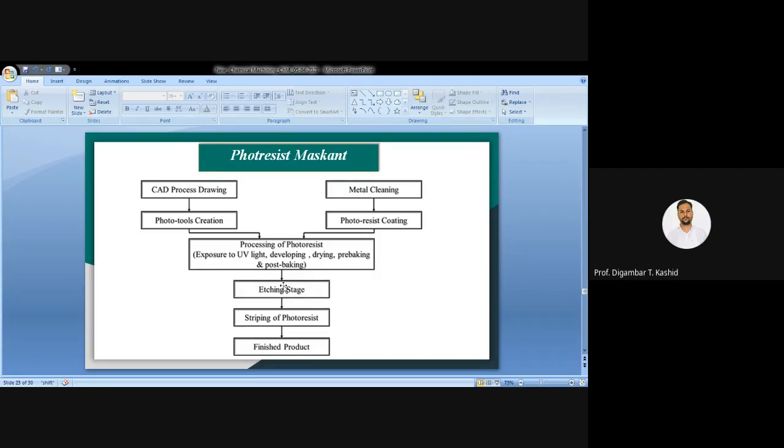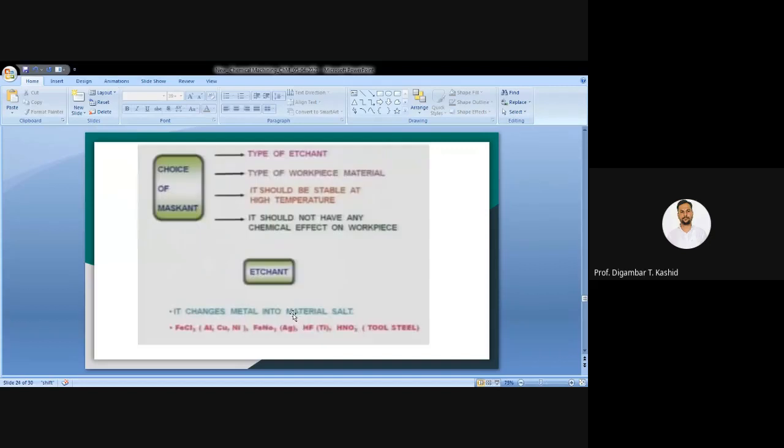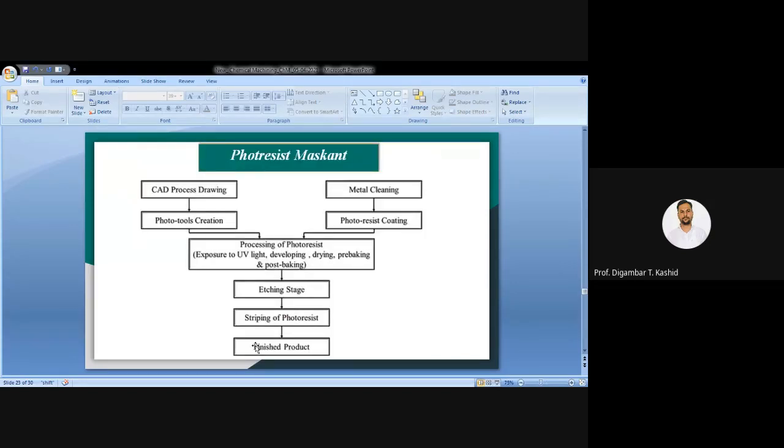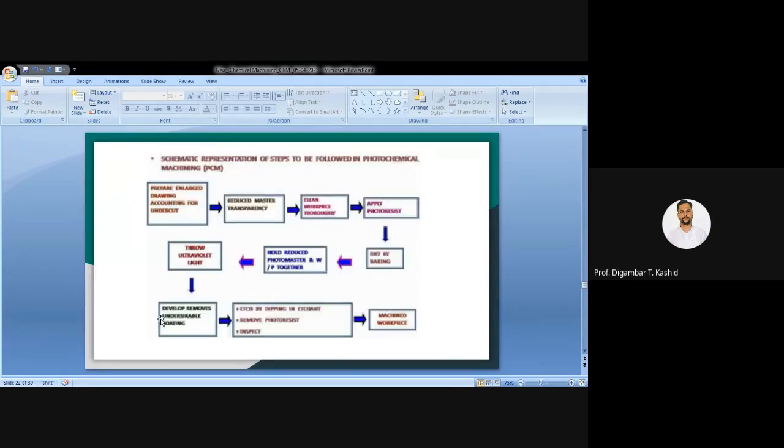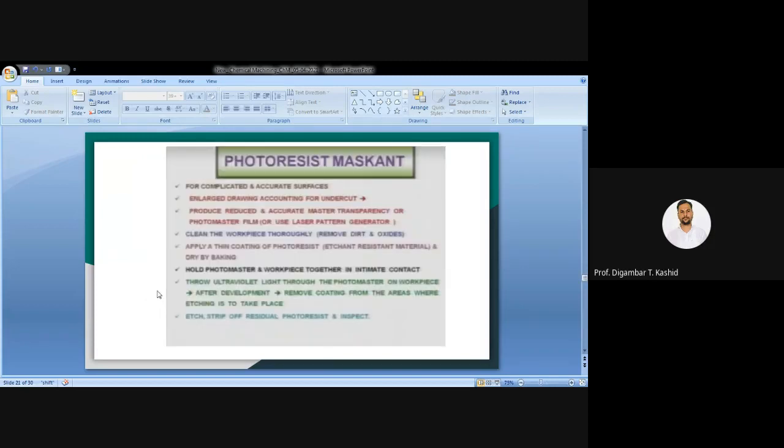And then you have to go for the etching action. After etching you have to remove the remaining photoresist, that is stripping of the photoresist, and then you will get the finished product. So these are the standard steps that you have to follow. Okay, in all cases you have to follow this.